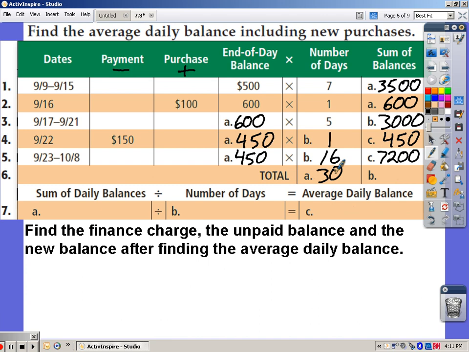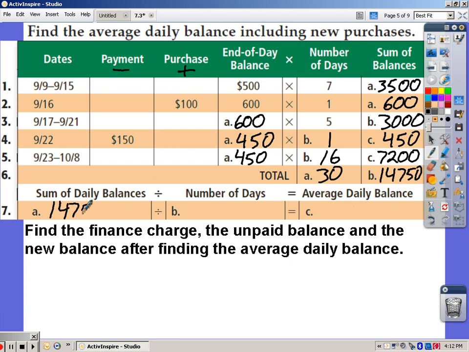Add the sum of your balances up. 3,500 plus 600 plus 3,000 plus 450 plus 7,200. You should have come up with $14,750. Okay? So the sum of my daily balances, right here,